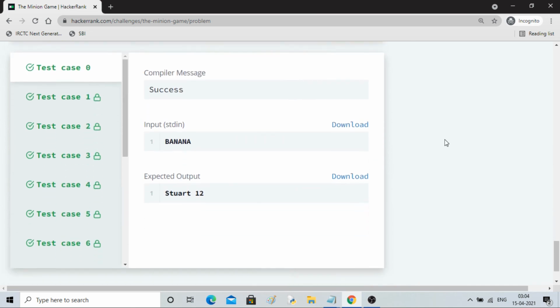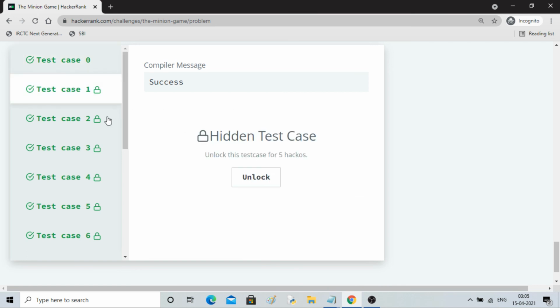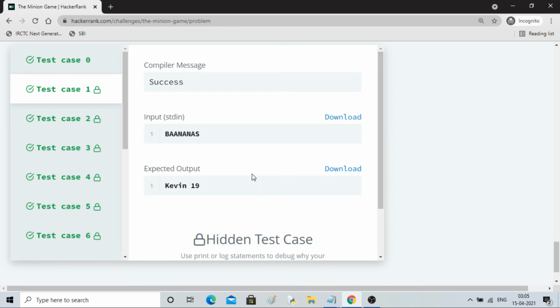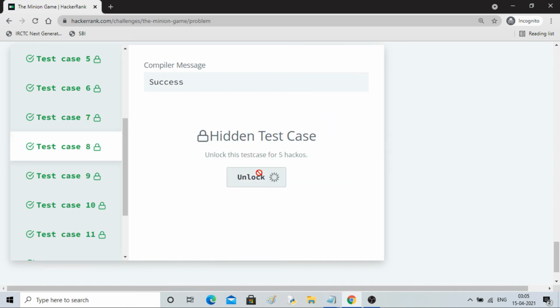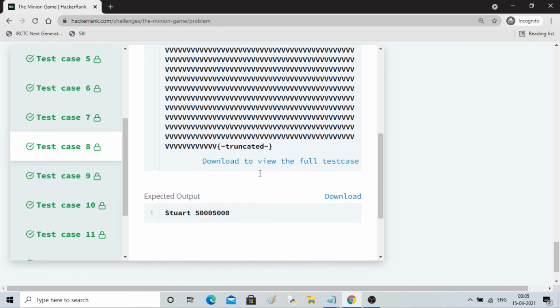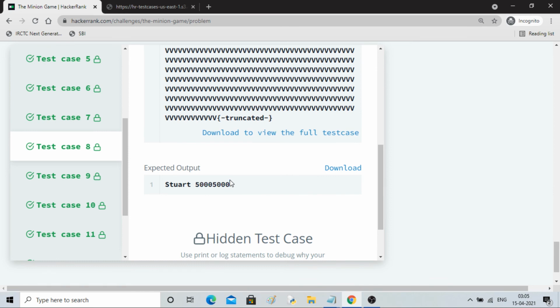Okay, second, I will show you the test cases, how difficult it was for me. So this test case we have passed. Let's open this test case. We have Hackos. So you can see this is banana only. Let's take this one, bigger one. See, such a big one we have. See the test case, such long capital V's are only there, and the output should have been Stuart will win with this much point.